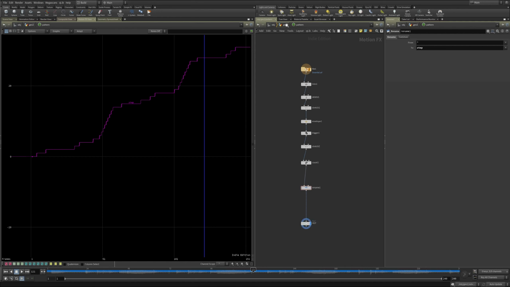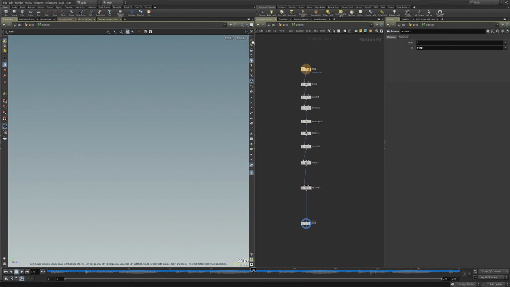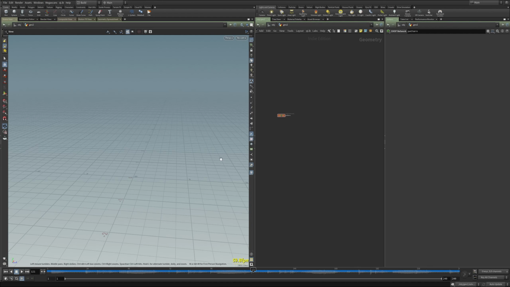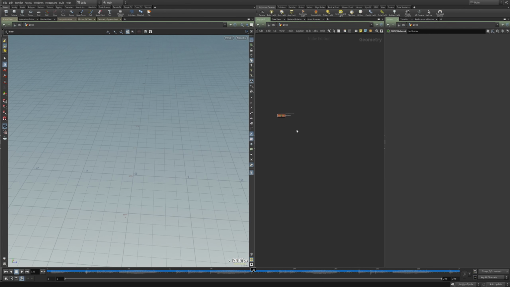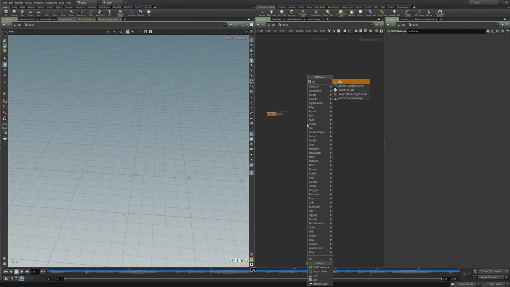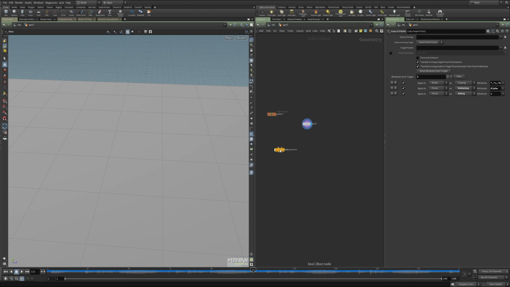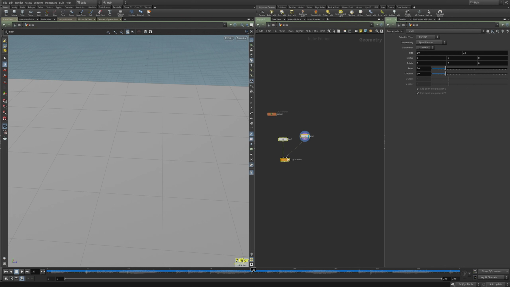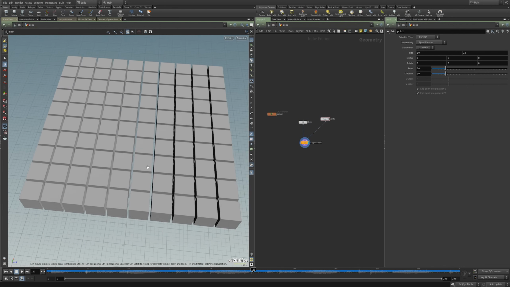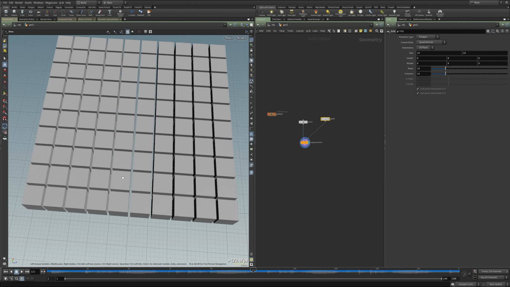And now what I'm going to do is hop to my geometry content, or my geo there. I'm going over to my scene viewer, activate my grid. And now, just to show what we've done there, I'm going to make a grid and the boxes and the copy to points. And I'm going to copy those boxes to this grid. And there should be 100 of these because it's a 10. Oh, is that right? Is it a 10 by 10 grid? Yeah, so there are 100 of these.